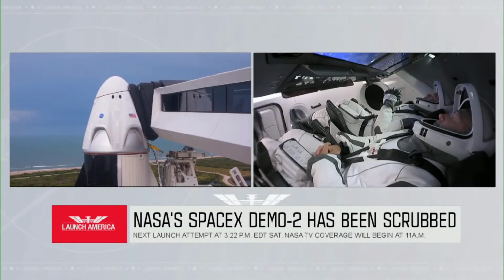A couple of points to bring up. Once the crew comes off of the Dragon and comes back down, goes back to the crew quarters to desuit, we will be